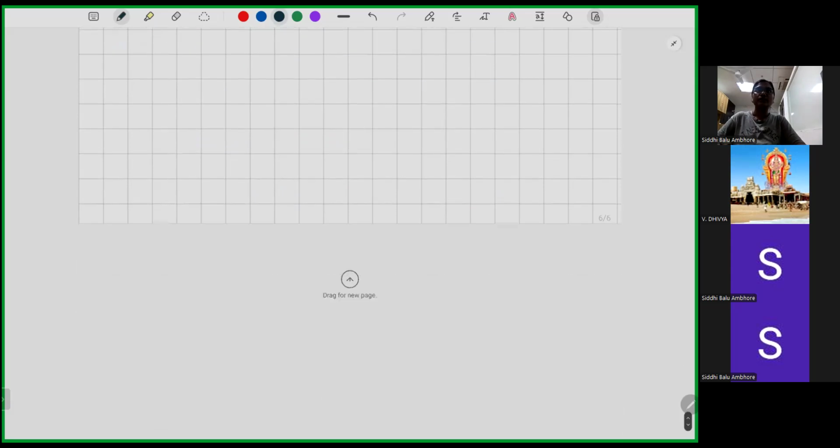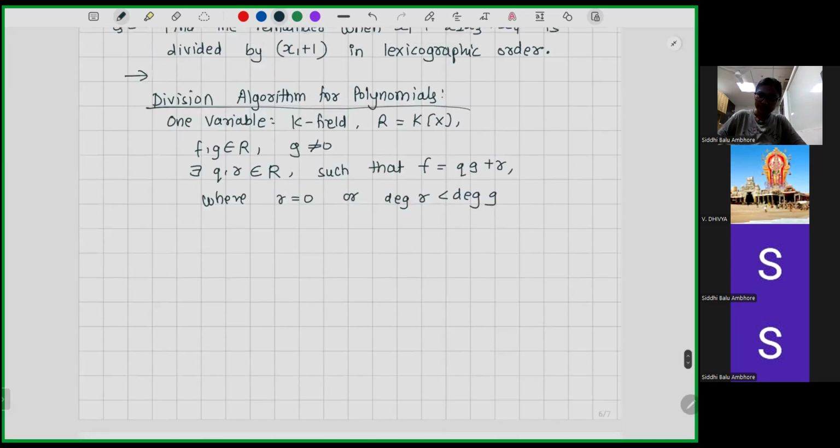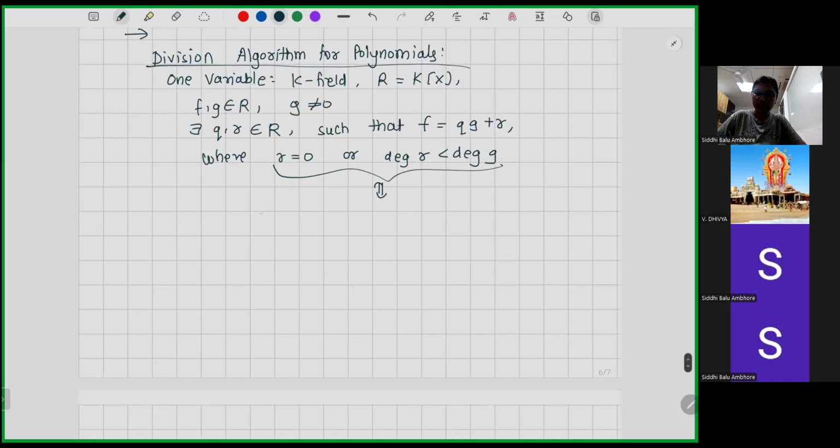Okay, so saying this is equivalent to saying that r is 0 or the initial term of g